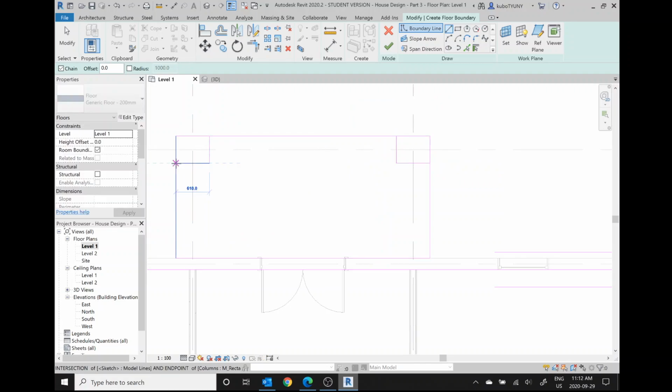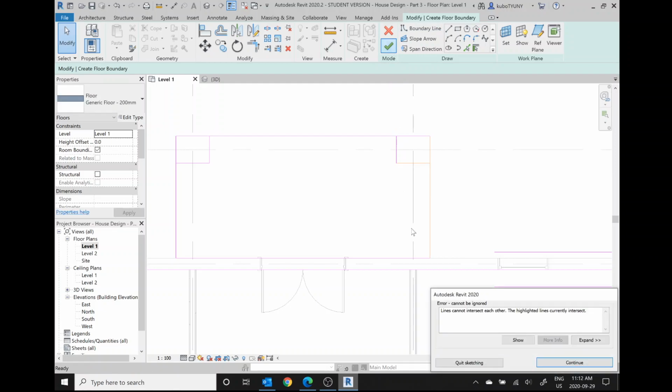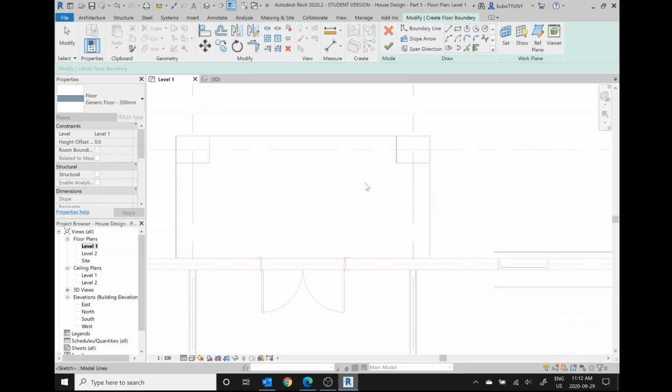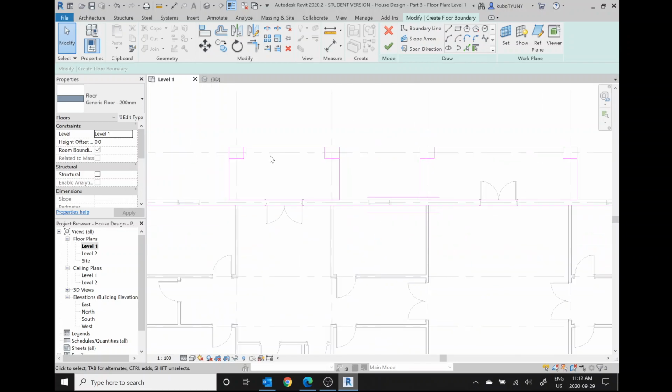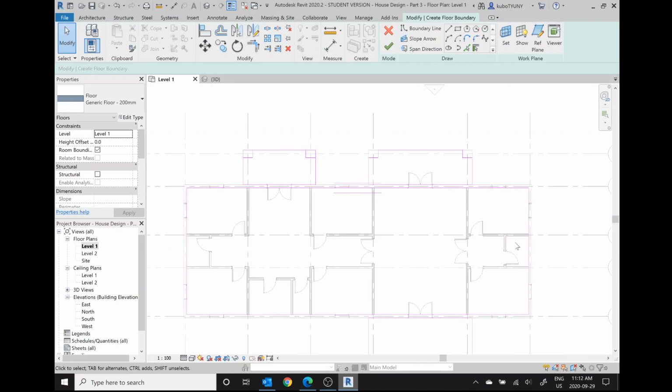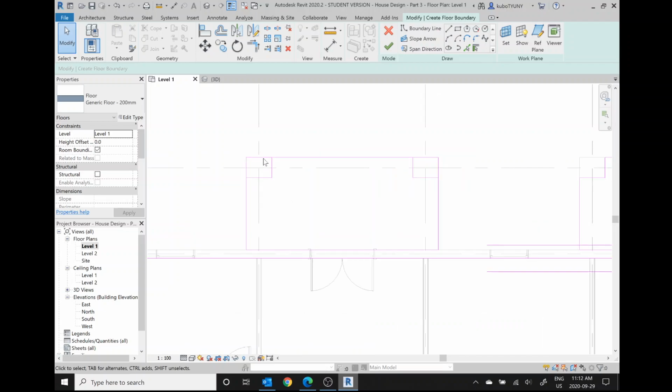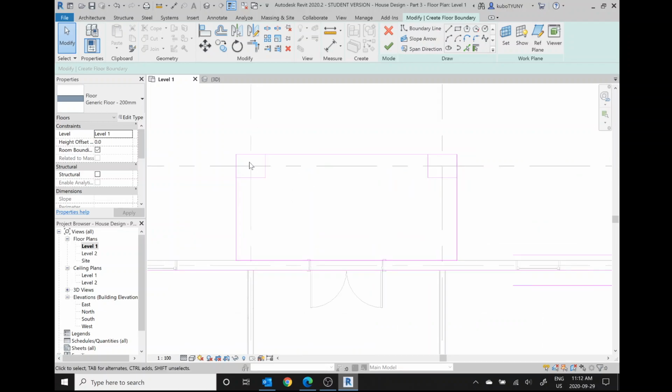Now let's say I want to try to finish this command. I hit the check mark. It's going to say lines cannot intersect each other. The highlighted lines currently intersect. So I'm going to hit continue. Basically, it was highlighting these lines here. So Revit wants to have continuous closed shapes. So full rectangles or polyline type shapes completely closed. This is not a closed shape because it's got these lines branching off and creating separate enclosures within this floor